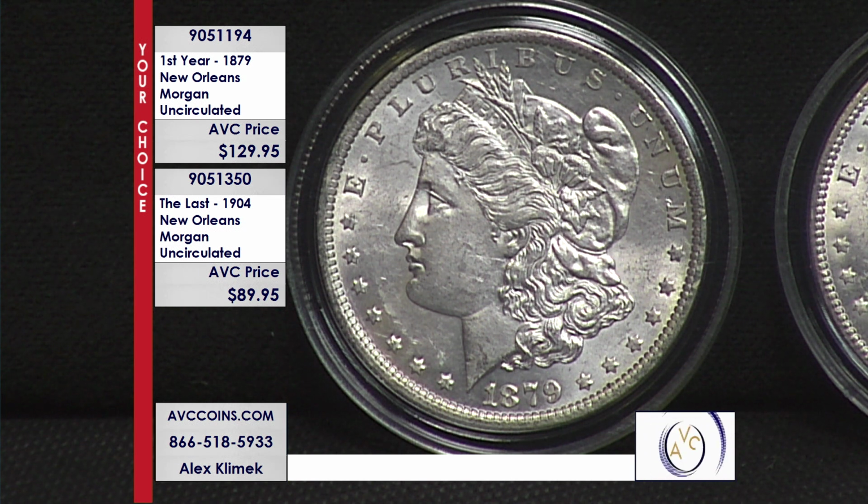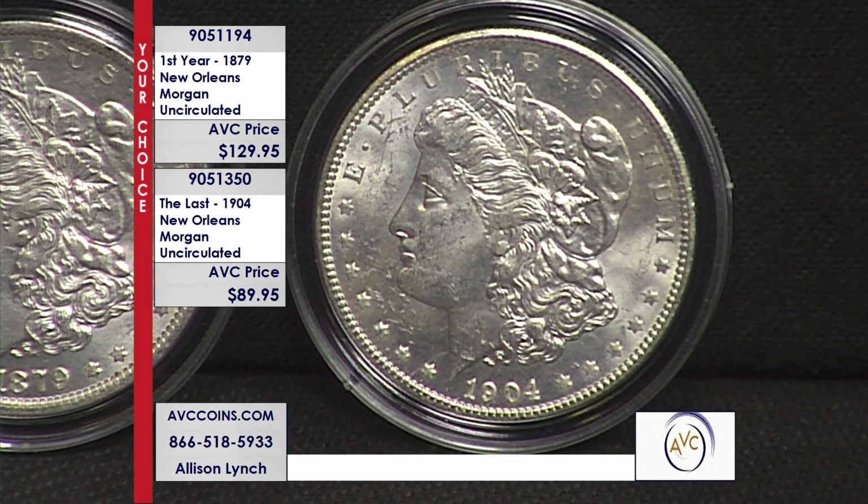That first year of issue coin, the 1879, is item number 9051194. And while our limited supplies last, this first year of issue coin is just $129.95. And at that price, we are more than $245 less than our nearest competition for the same beautiful uncirculated